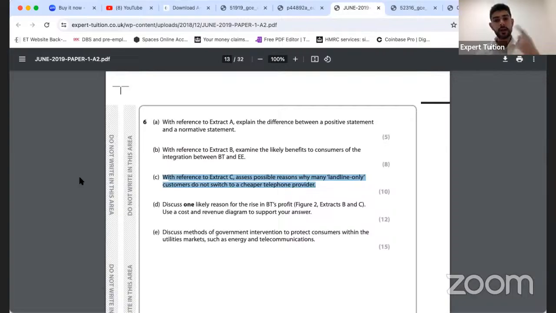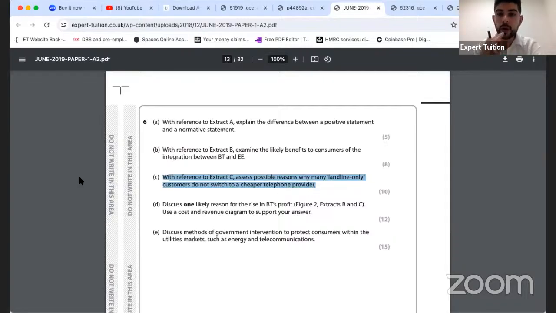Yeah, that's one. And information gaps: people may not even know that they're being exploited. They might not know what the different prices are in the market for telephone providers, and therefore they might lack the information to make the informed decision. Cool? Right. Let's talk exam technique when it comes to 10 markers, but also 12 markers as well, by the